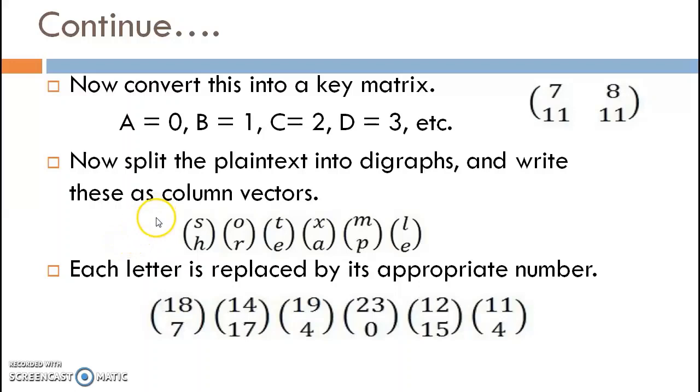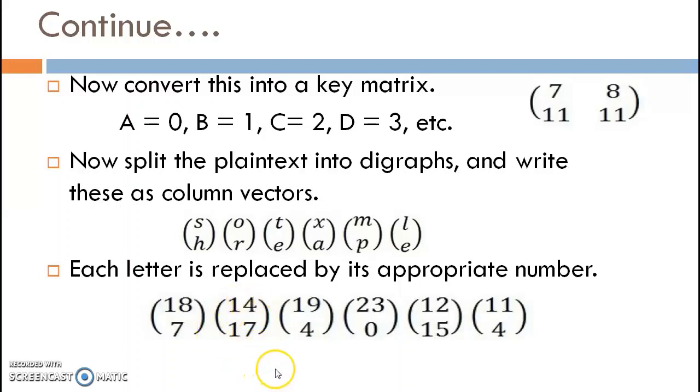Now after that, the column vector is converted to the numeric column vector. SH is converted to 18, 7, OR is converted to 14, 17, as per our table A, B, C, D up to Z and 0, 1, 2, 3 up to 25.